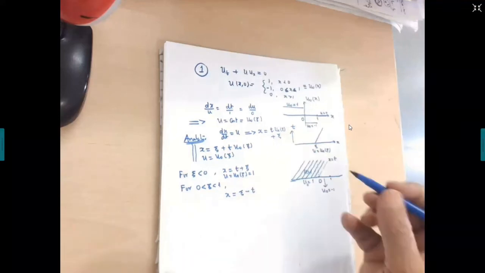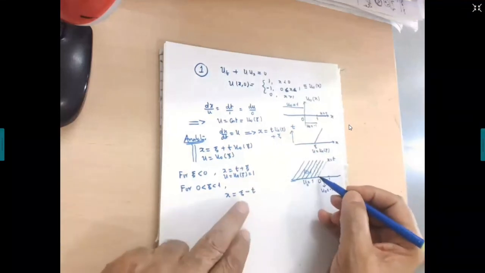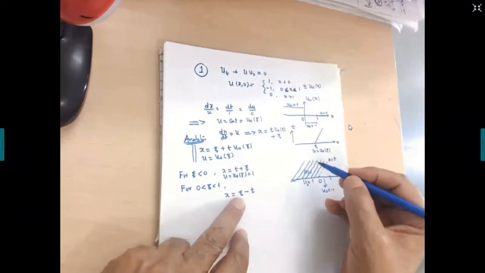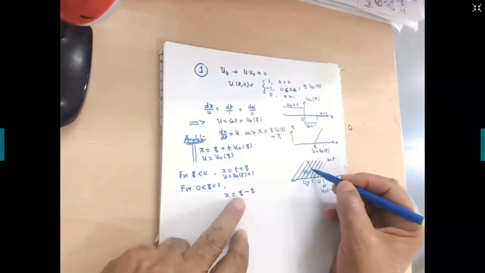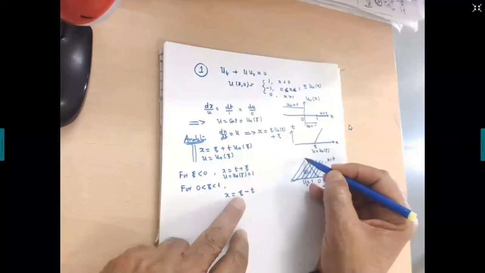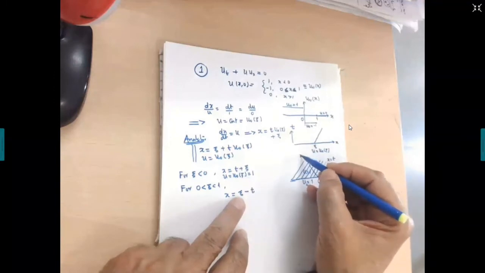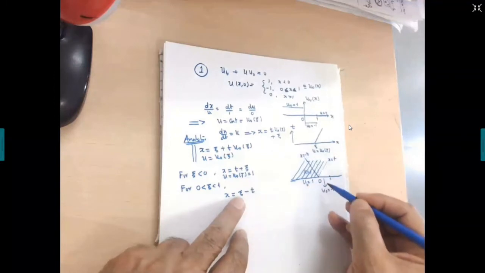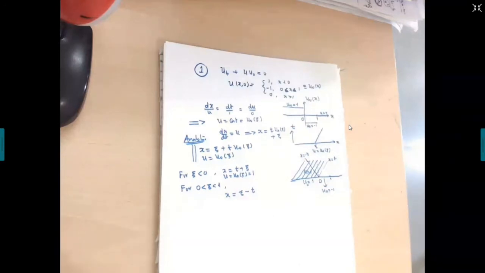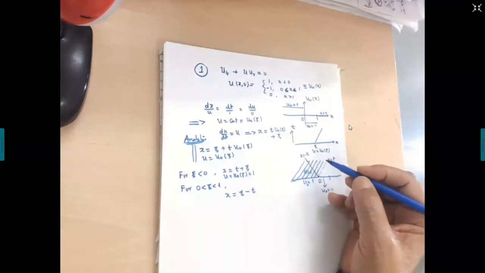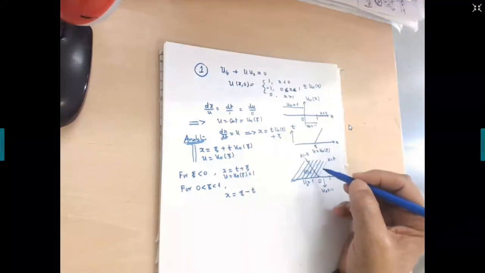So it means the leading characteristic originating from 0, when xi equal to 0, is x is equal to minus t. So it has to be like this. Is that right? So let me write x is equal to minus t. This is the leading characteristic emanating from here. All these characteristics, as a matter of fact, will be